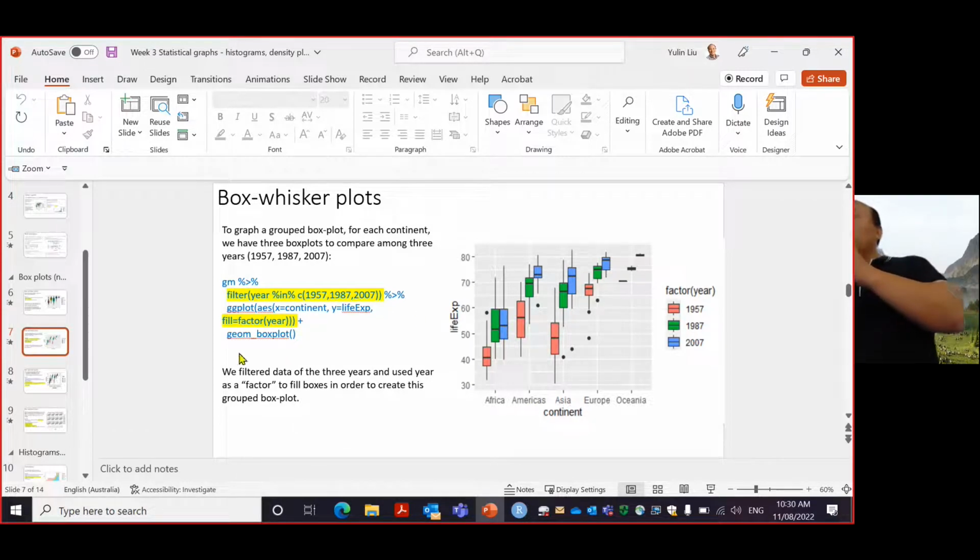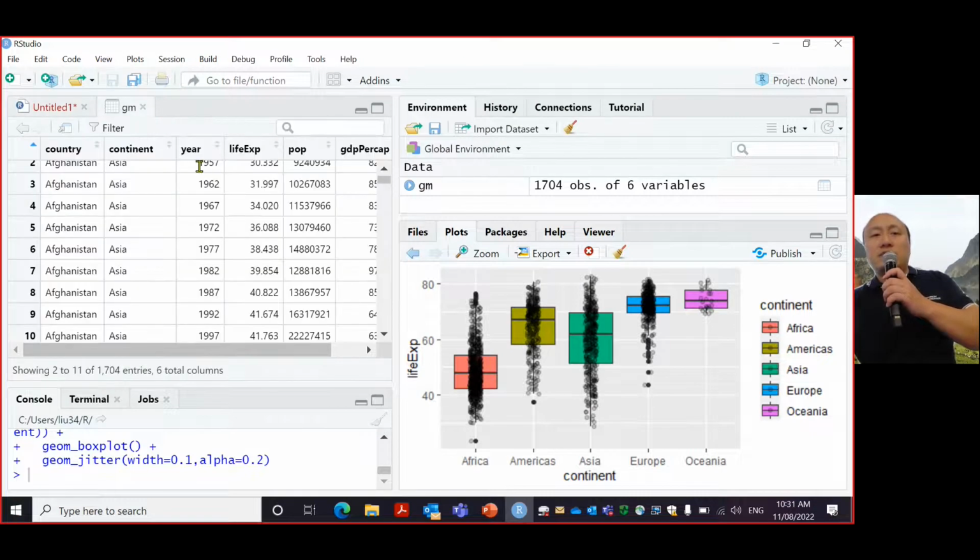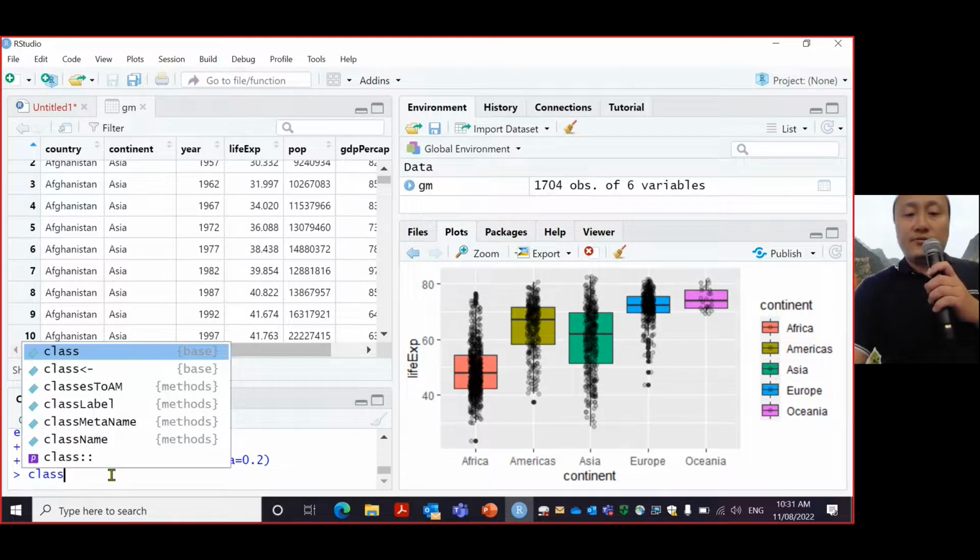Okay, and then I'm going to use ggplot again. Again, x is continent, y is life expectancy, and this time I'm going to fill the box plots by the value of year. Now for the fill bit, you have to fill by a categorical variable. Year at the moment is not categorical. If I go back, year is kind of a quantity. So if I check the type of year,